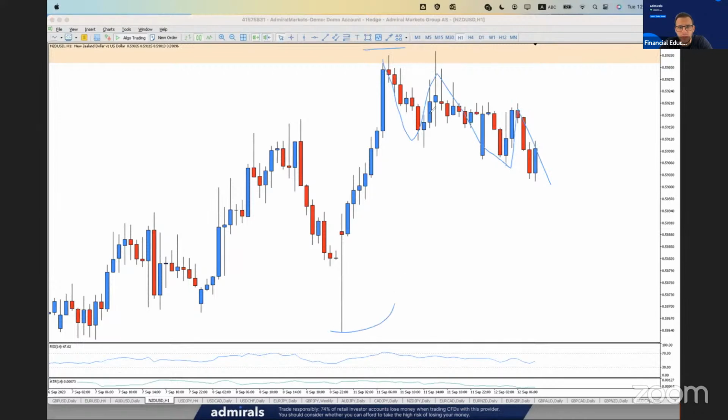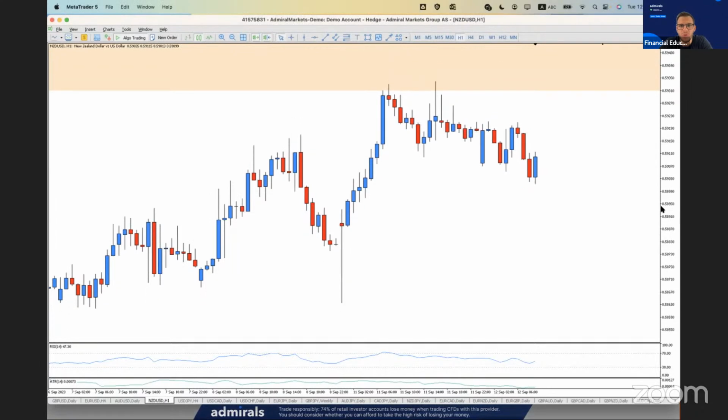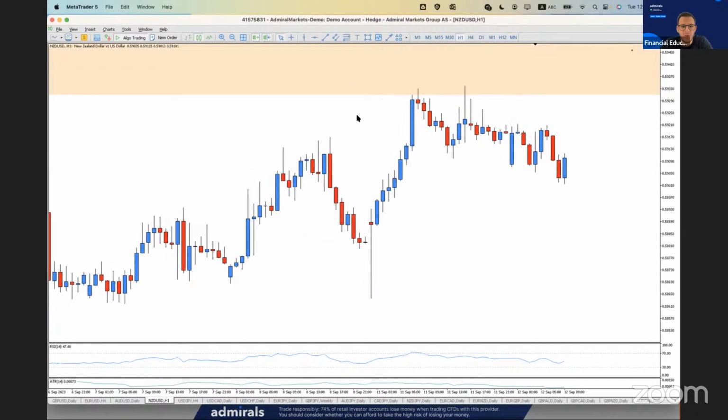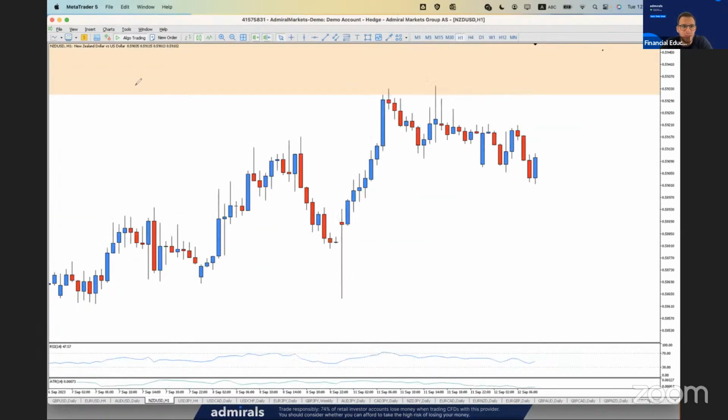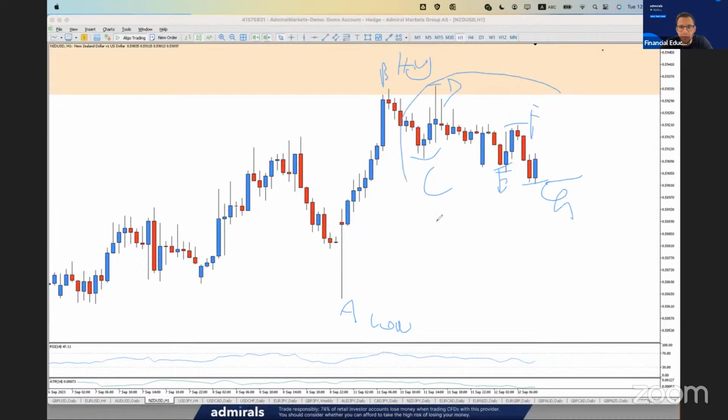That was the low, that was the high. It's pushing backwards. There is nothing within this pattern to trade. Do you guys understand why this is the low and this is the high? Do you understand why the A is the low and the B is the high, and this and this and this and this and that, the C, D, E, F, G, all these 5 points are not